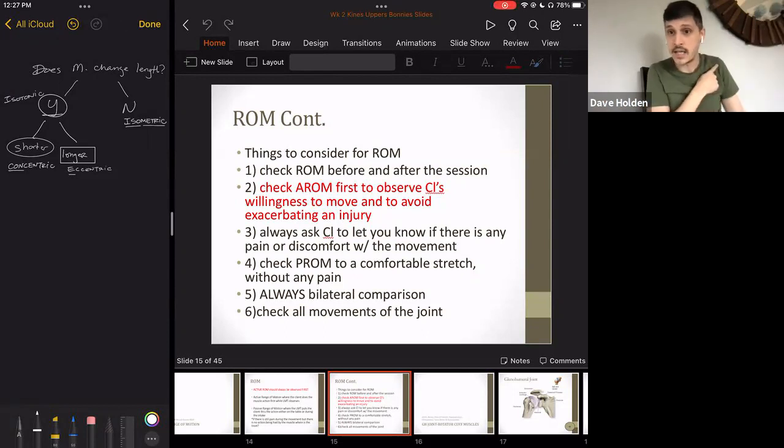Don't just see if they can abduct. You got to check and see if they can flex and extend, and medial rotation, lateral rotation, circumduction. Take the joint through all of its ranges of motion for all of its movements, right? So for an elbow,